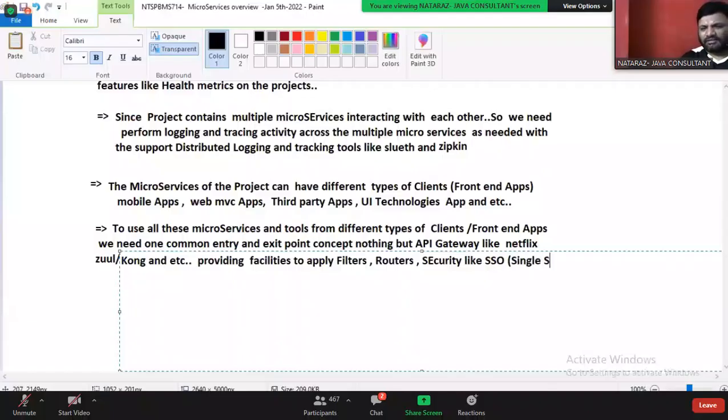If you sign on one time, it will be used to access all microservices.